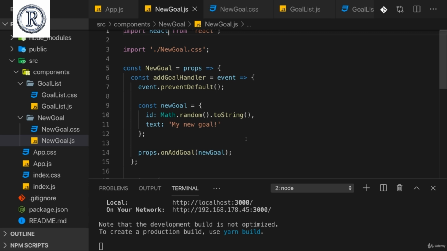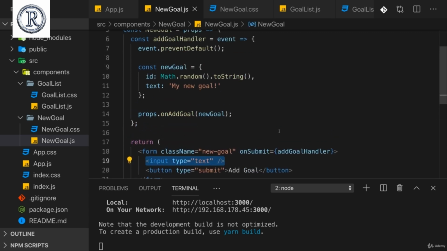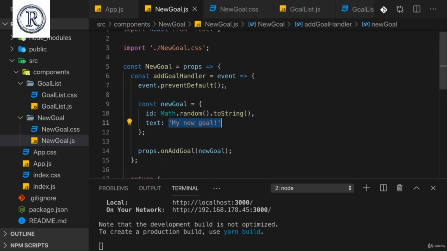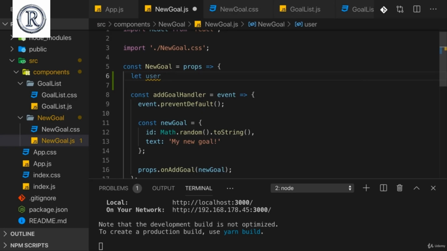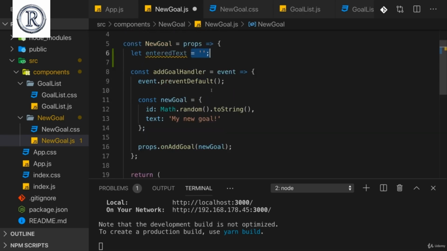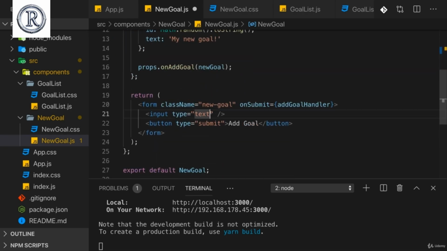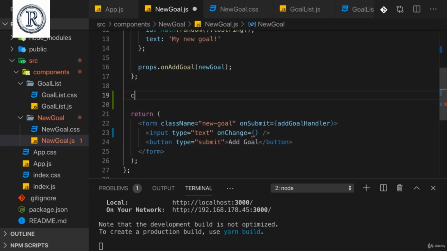So here in new goal, I want to capture the user input here and send this instead of my hard-coded text here as part of the new goal. So we could create a variable here, user input or entered text maybe, which is an empty string initially. And here on input, there actually is an onChange event we can listen to, which is fired on every keystroke. So now we can add a function,